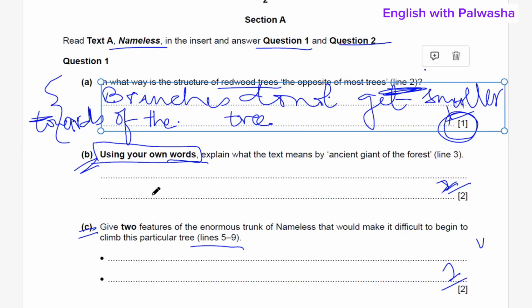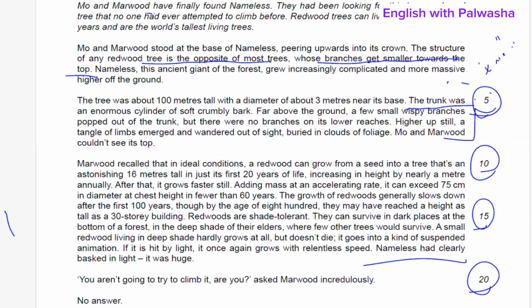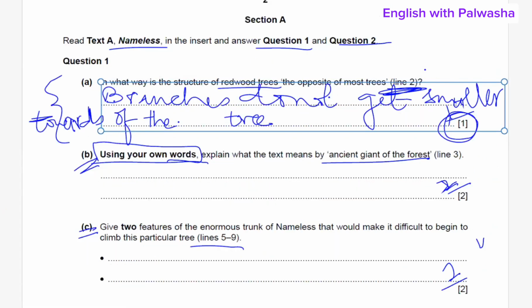But here they asked us to explain, using your own words, what the text means by "ancient giant of the forest," from line number 3. Now let's check. One, two, three. "This ancient giant of the forest grew increasingly complicated and more massive higher off the ground." So it means that it is getting ancient, meaning very old, and more massive higher off the ground. So we will be writing that